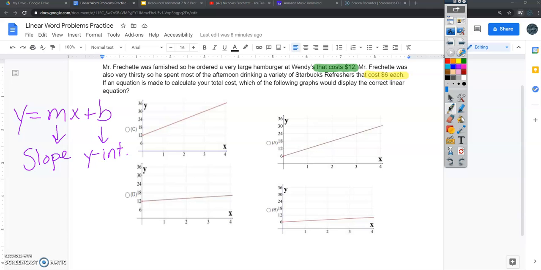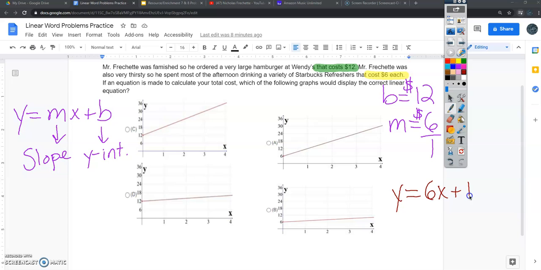Let's break this down a little bit. We talked about the $12. Our b value is going to be $12, because that's what Jamari said first. And Sonny and Jamari both agreed that the m value was going to be 6, or $6. We could put that over 1, and it would be 6, rising 6, going to the right 1. So rise over run. So, what do you think our equation would be if we were to write it? y equals 6 over 1